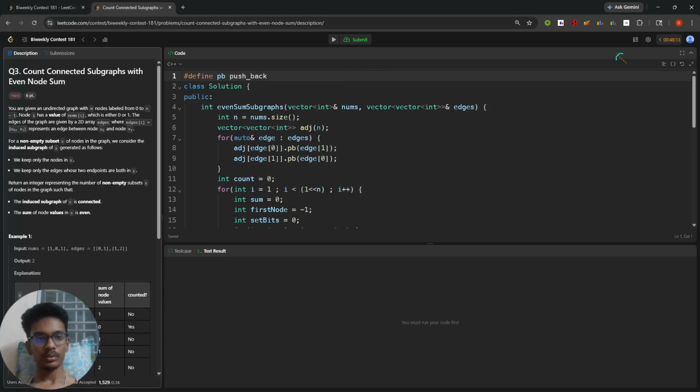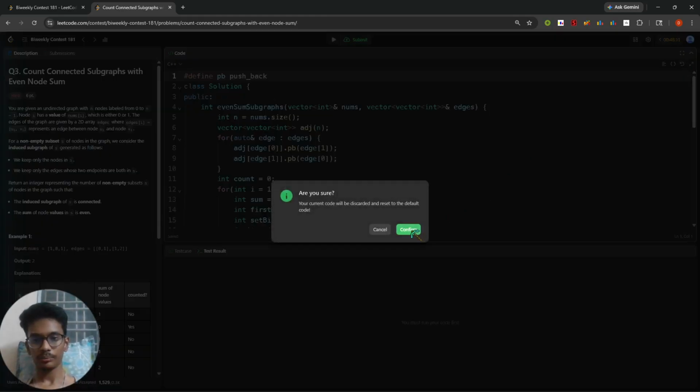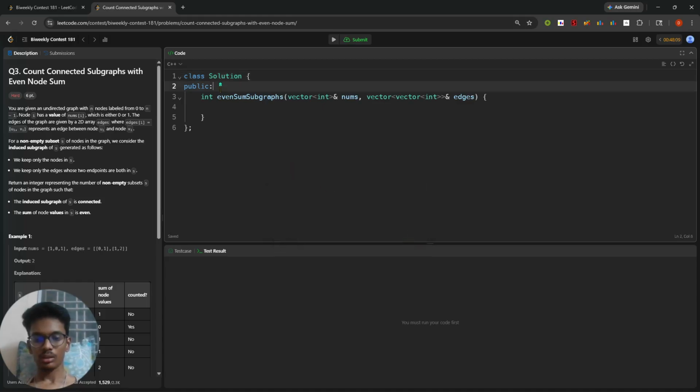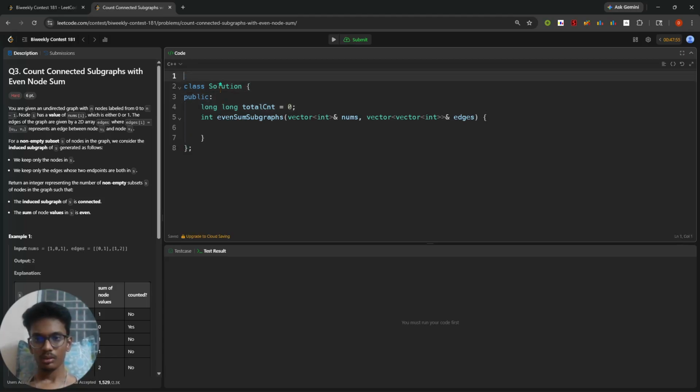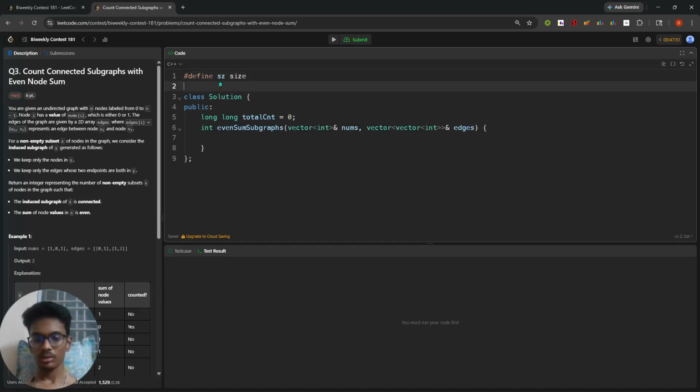Let's restart it. Let's code from the start once again. So there was supposed to be a total count, long total count, initially 0. As defined as z size, as defined pv push back. Okay, so